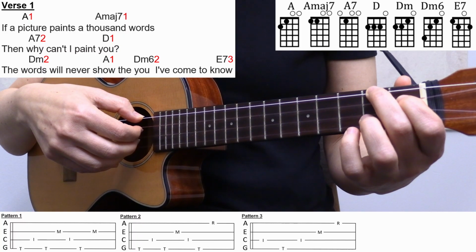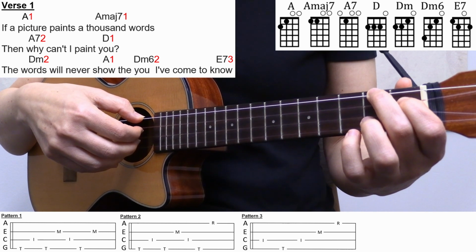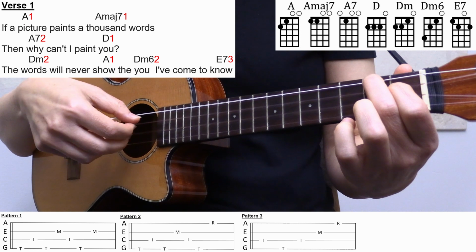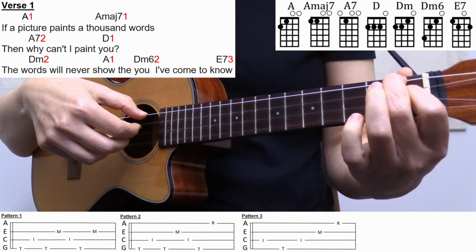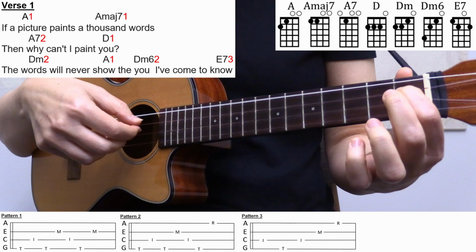So you can apply any one of the finger-picking patterns to the entire song, or if you'd like to alternate between them, then here's how we do it. We start on our A chord with pattern 1, then to A major 7, still on pattern 1, then to A7 with pattern 2,